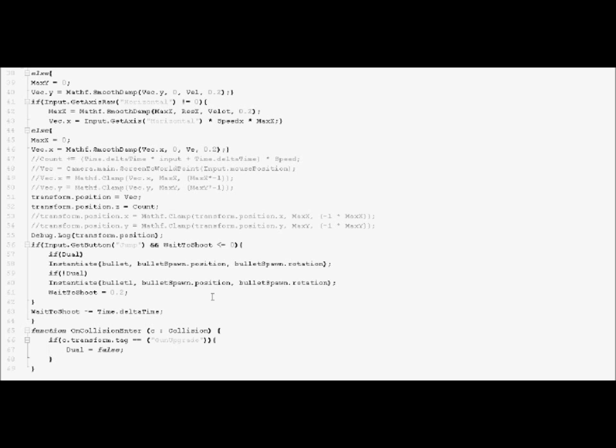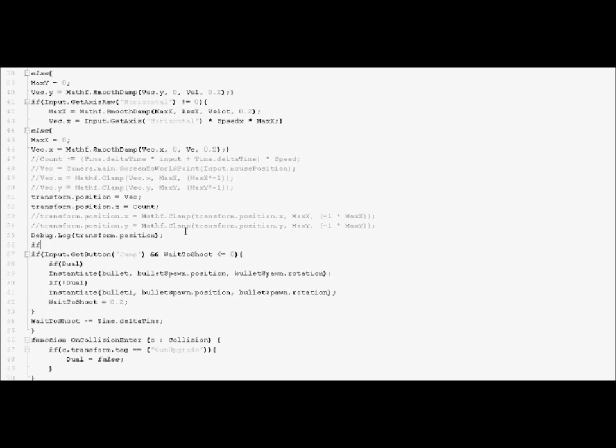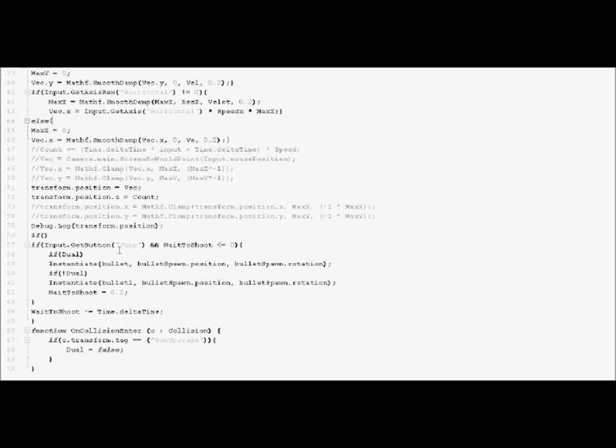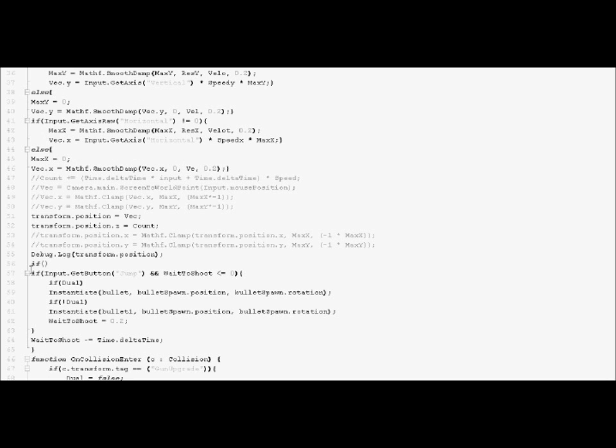So I'm going to move the mouse hopefully so you guys can hear me. Okay. So basically this statement is just going to, what is this? Oh, it ends there, okay. This statement is just simply going to check if dual is actually false. So if it's false,